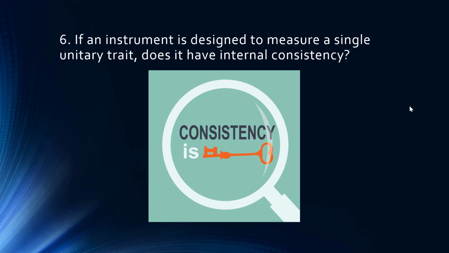If an instrument is designed to measure a single unitary trait, does it have internal consistency? A test of computational skills in mathematics at the primary grade levels measures a relatively homogeneous trait. However, a mathematics battery that measures verbal problem solving and mathematical reasoning, in addition to computational skills, measures a more heterogeneous trait. Likewise, a self-report measure of depression measures a much more homogeneous trait than does a measure of overall